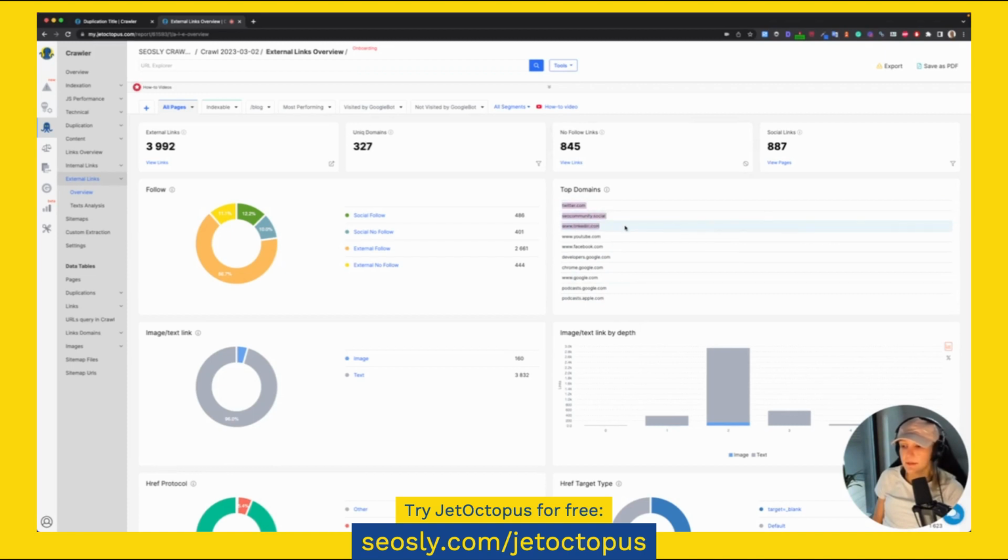LinkedIn, and Mastodon as top linked sites because I have links to my profiles there in the footer and I think in the sidebar. So that's why it is like this. And that's okay in this case because I'm doing that on purpose. You can see nofollowed links. Google is pretty okay at recognizing that